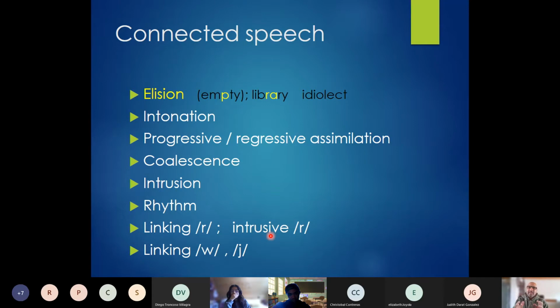It may take place in a regional dialect, for example, in one area of Britain, one area of New Zealand, in certain areas here in the countryside in Chile,